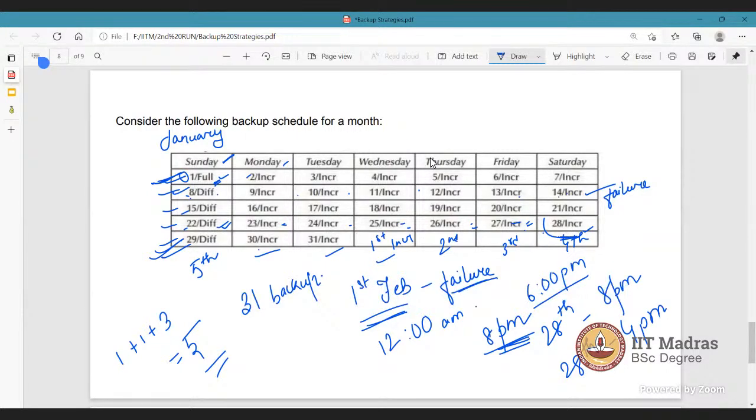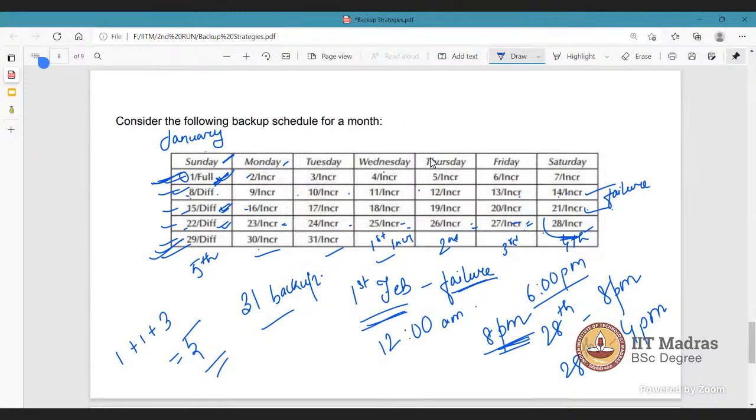Say, for example, a failure occurs in between, then we'll have to perform so many incremental backups, right? Say, for example, on the 21st a failure occurs. Then we'll have to take one full backup and then 6 plus 7 plus 7 incremental backups. However, when we are taking a differential backup, we only have to take one full backup, one differential backup, and 6 incremental backups, right? So the number of backups is less and it also takes less time. That is why differential backup provides efficiency in recovery.